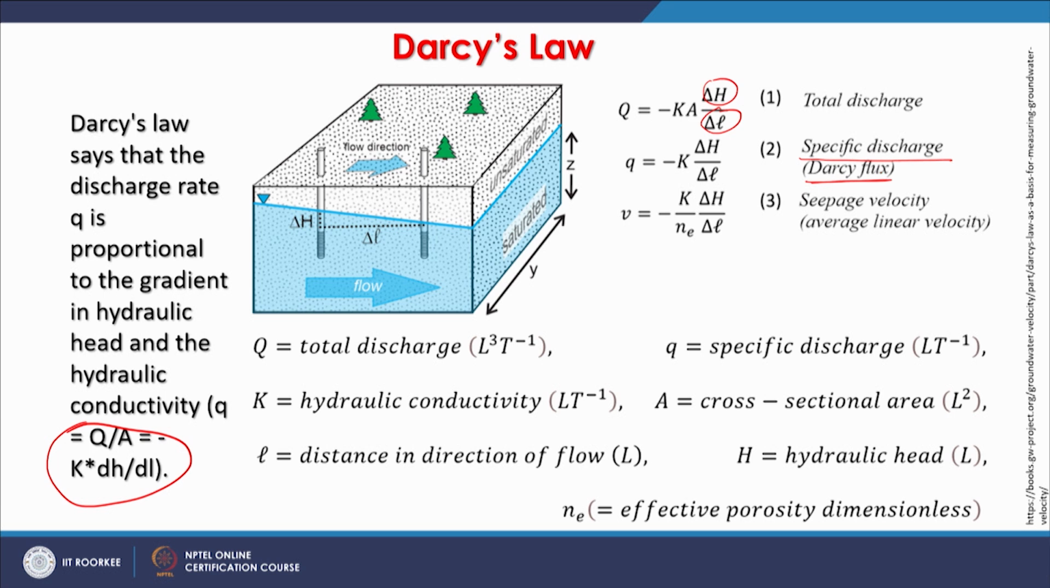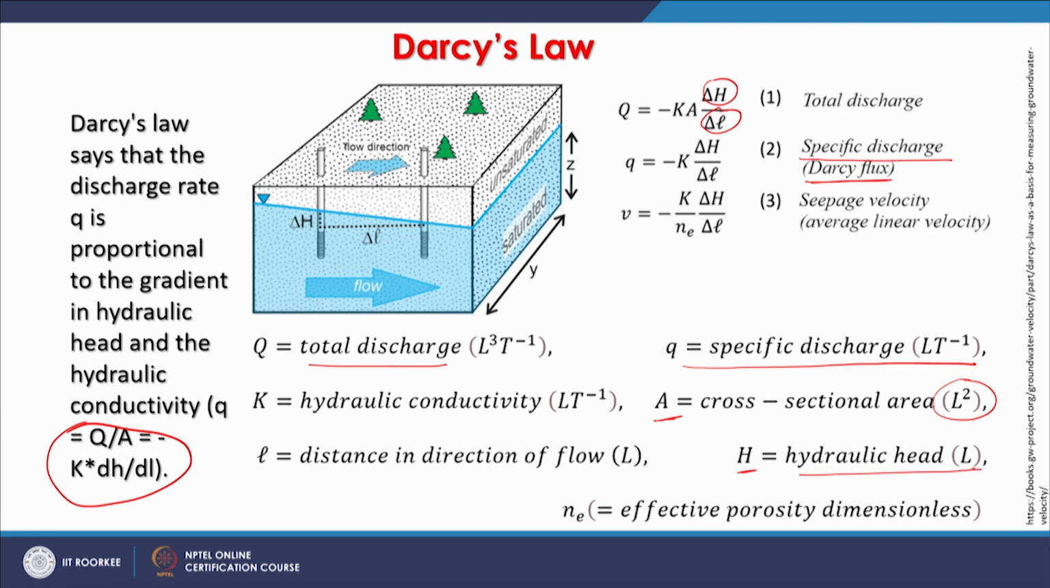So, here we can write that the velocity equals minus K delta H upon n_e and delta L. What is this q? It is specific discharge. So instead of total discharge, we are talking about specific discharge, which is denoted here henceforth as small q, and of course, A is our cross sectional area. Here A is cross sectional area, that is L square, length square,